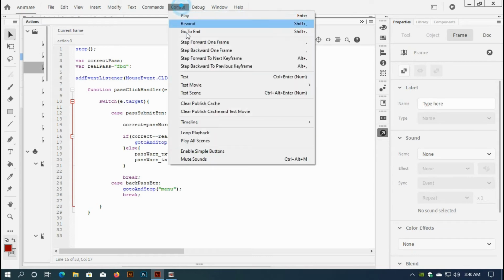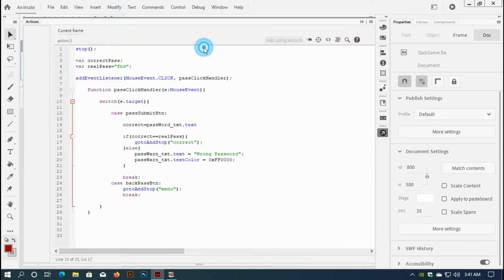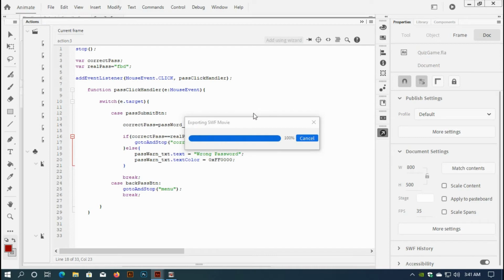Okay, so let me test it. It is saying an error. What is the problem? This should be correct pass equal to password underscore txt, and correct pass equal to real pass. Correct pass, real pass. Okay, if I test it now,